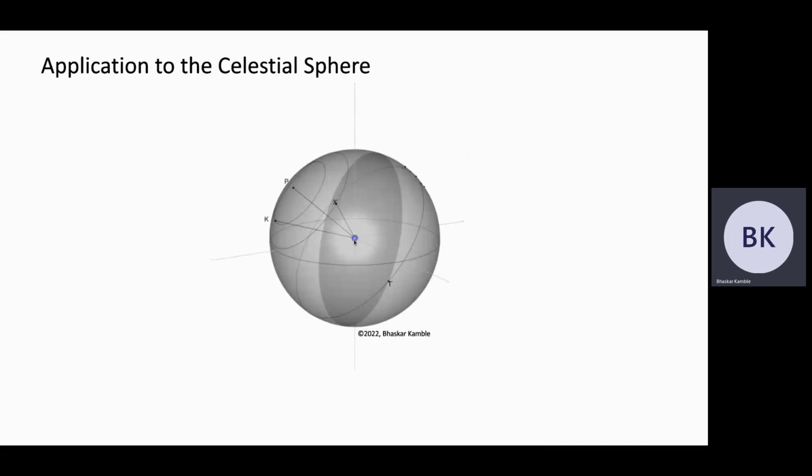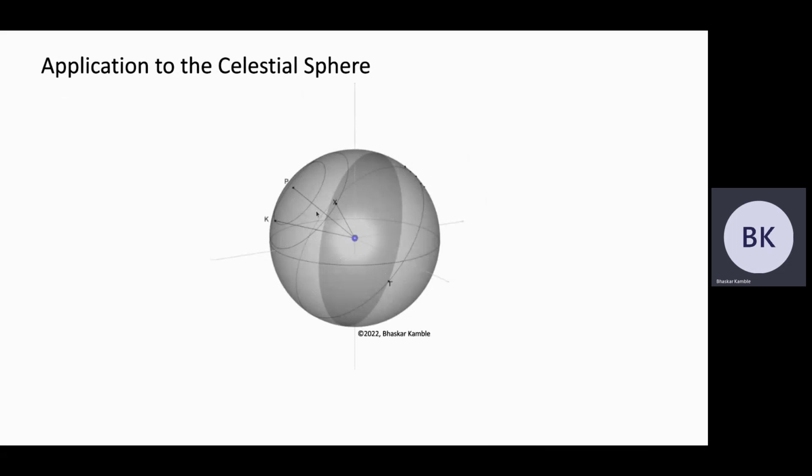And you know that the Earth rotates about its axis. The axis in this case will be the line OP. Because of the Earth's rotation, all the objects on the celestial sphere will appear to rotate from east to west, because the Earth rotates from west to east. All the objects appear to rotate in circles, and each of these circles is called a diurnal circle. Here I have taken an arbitrary object X, which can be a star, the sun, a planet, or anything. X will appear to rotate along this circle, which is the diurnal circle of X. Of course, P will not rotate, because it lies on the axis of rotation, so it will remain stationary.